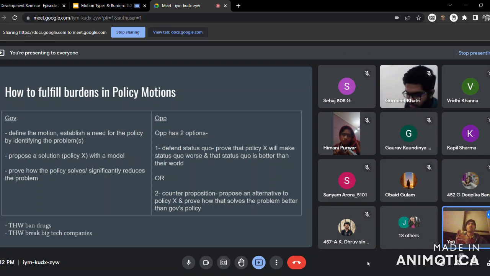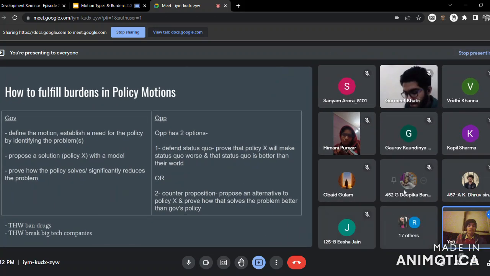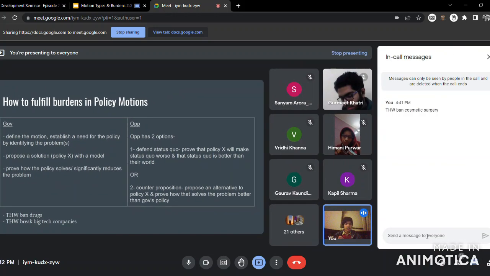The exceptional or extreme case here is someone who has suffered a burn and wants to have cosmetic surgery. A Gov would be fair in saying that we will still allow these burn victims to have cosmetic surgery. What we are not okay with is the vast majority of people who get cosmetic surgery for normal reasons and things like that. That is a fair definition from Gov, right? What would be an unfair definition? For an unfair definition,